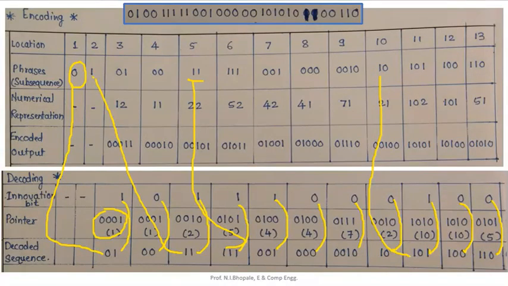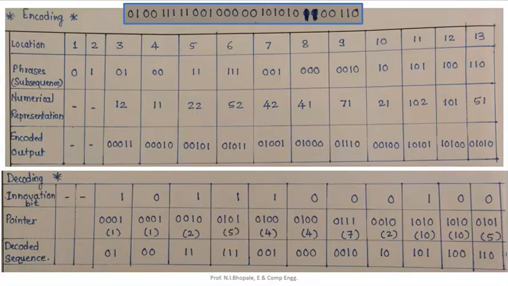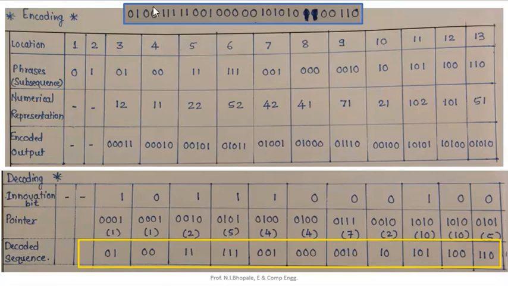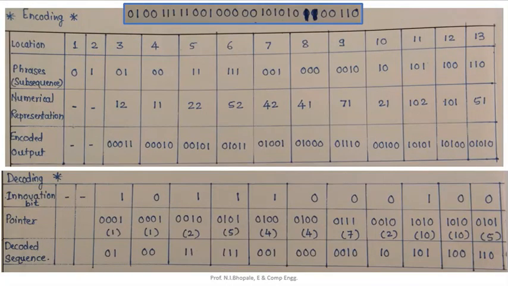So this is how we can have the conclusion over here that by looking at this entire decoded sequence, it is nothing but the sequence which is provided at the start. So if you are getting these two things the same, meaning the input stream is the same as the decoded output, then we can say our answer, that is the encoding as well as the decoding table, is correct. So this is how one can check their answer with respect to the encoding and decoding table.